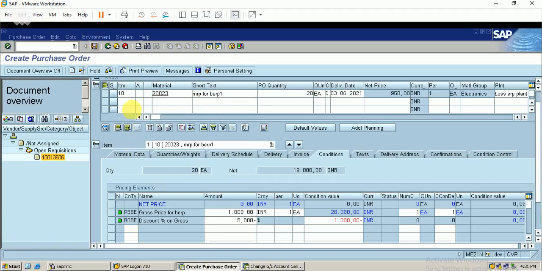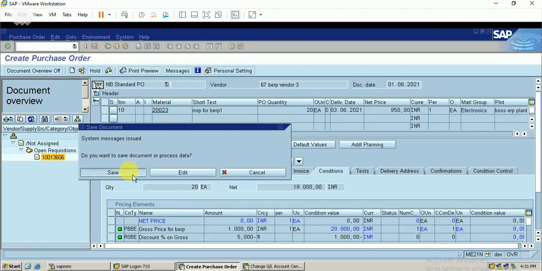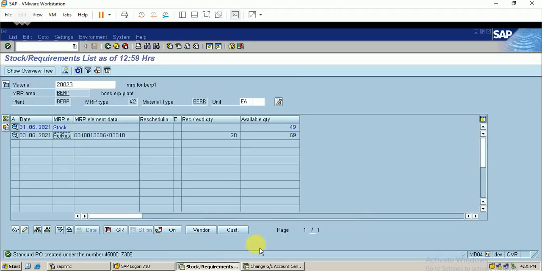Once the purchase order is ready, just click on save. You can see that the 20 quantities have generated the purchase order. So you can see that the purchase order has been created.